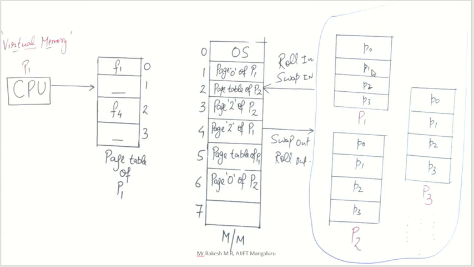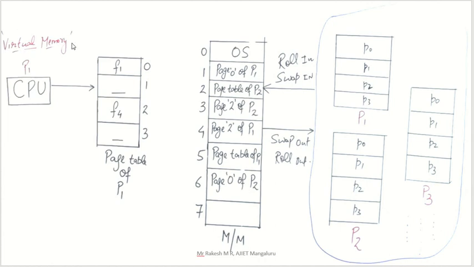That's why we can't take many processes inside your main memory. It depends on the size of the process. Some processes we can take here, some we can't. But if you want to take more processes inside main memory, we have to divide them page by page: some pages of process 1, some pages of process 2, and some pages of process 3. Like that we take pages into your main memory. By that the CPU will think that all the processes are there in main memory. So this is just an illusion. That is the concept called virtual memory.